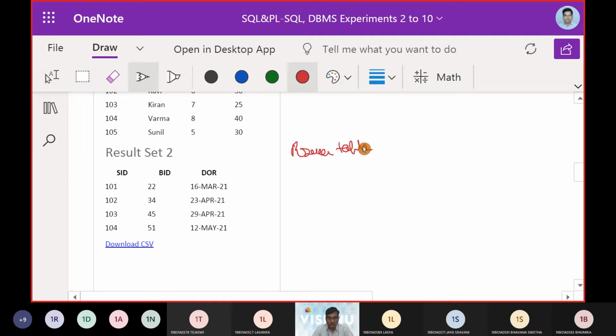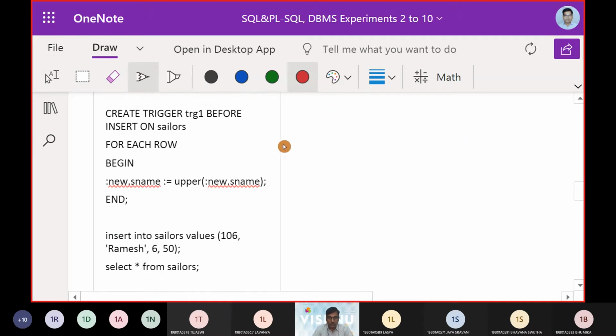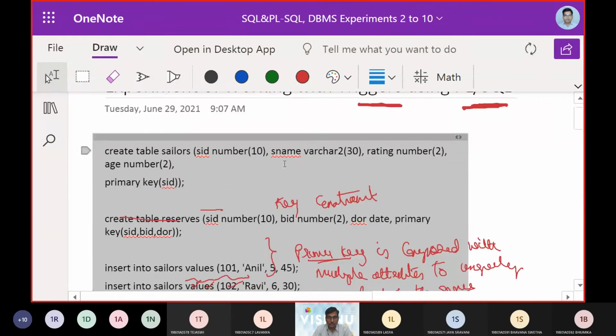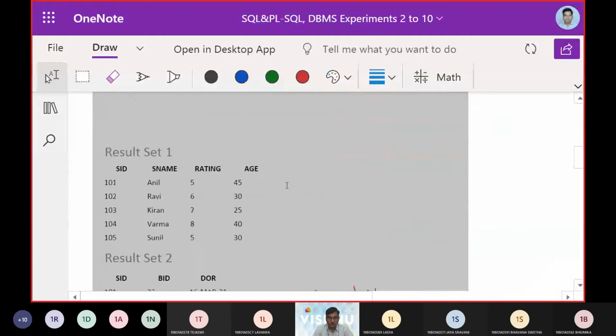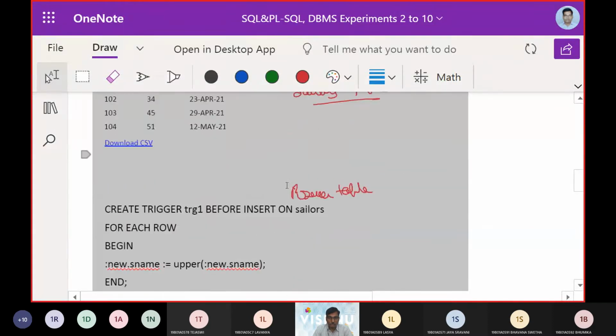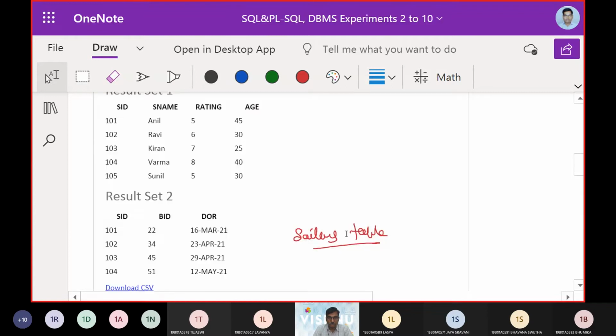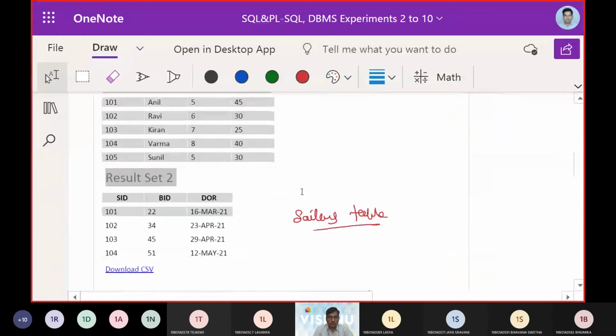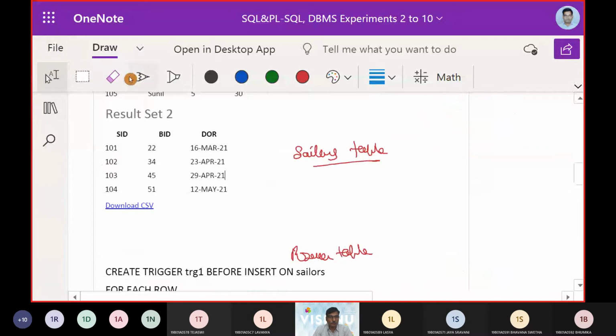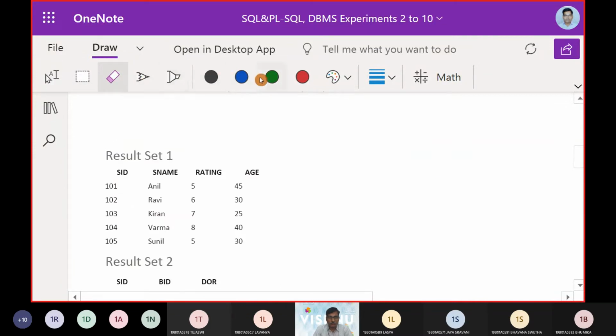Now let us look at how the triggering is implemented. First one indicates the Sailors table.